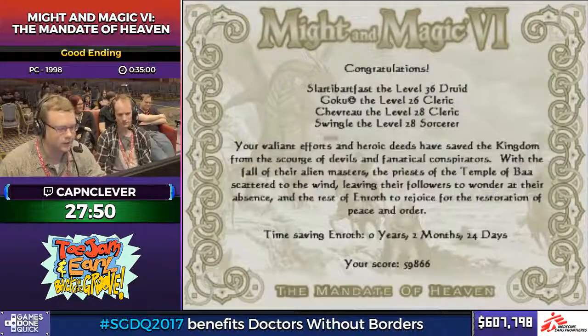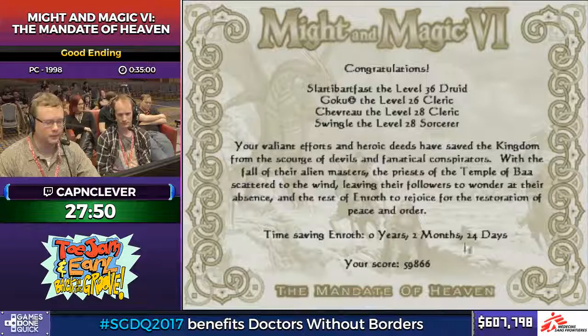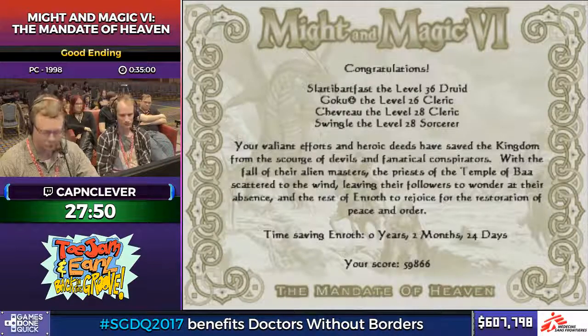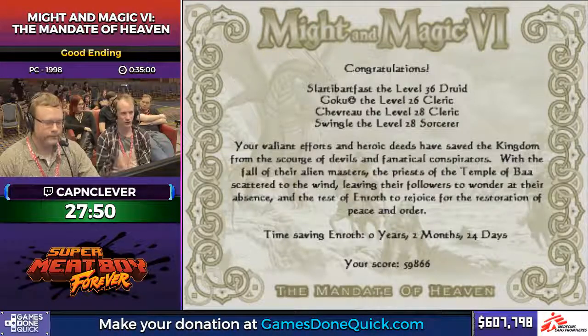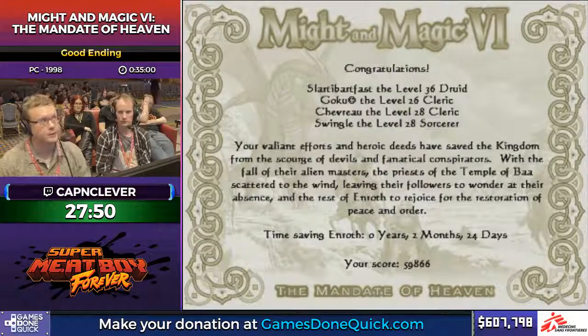All right, so Slaughter Bartfast, Goku, Chevro, and Swingle just saved the world in a mere 2 months and 24 days. There's actually a way to beat this game in like 4 or 5 days. 5 days is the current record, but I have a route for 4, so coming soon. It's pretty good. So just in conclusion, thanks to the original SDA segment I run,